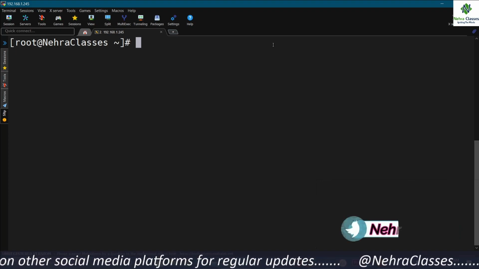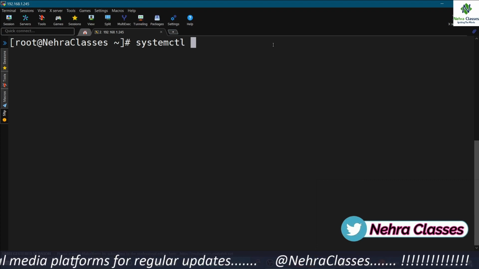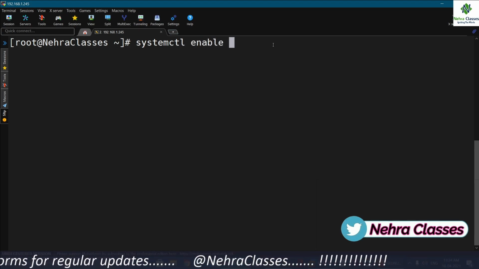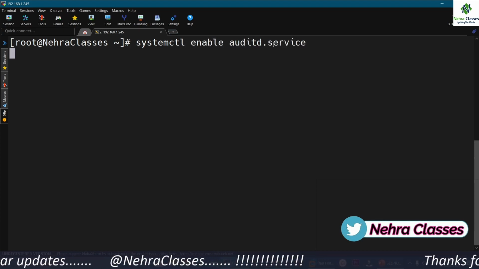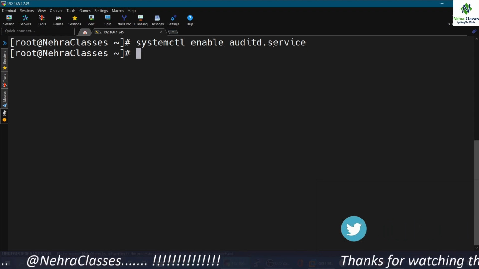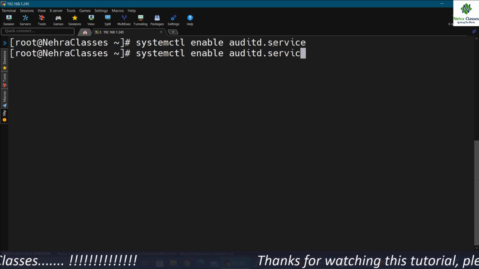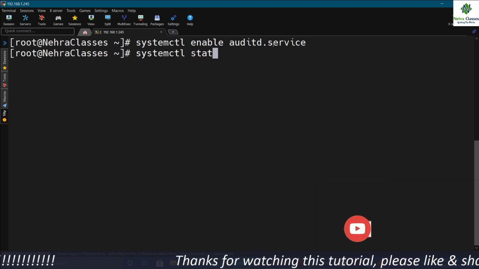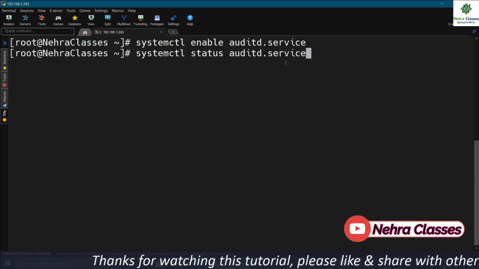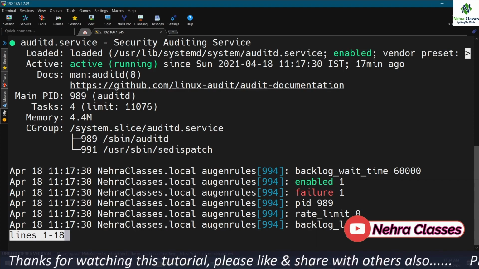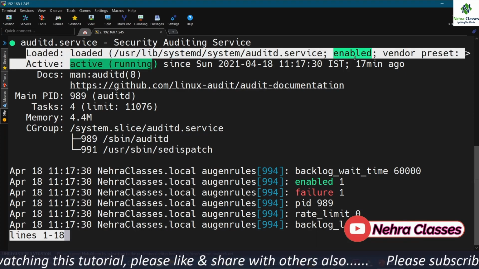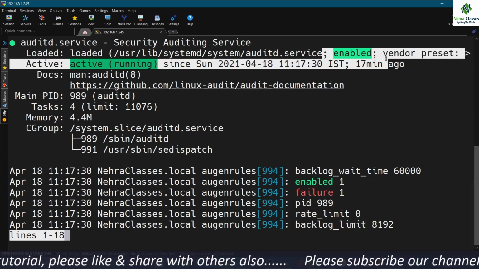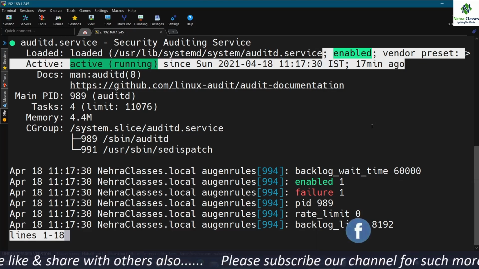Here I can execute systemctl enable auditd.service. So this will be enabled, and we can verify the same by running the systemctl status auditd.service command. Here you can see that the service is up and running and is enabled as well. So it will start automatically at boot time.